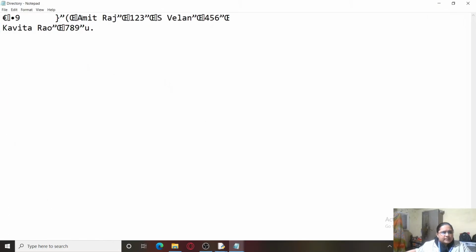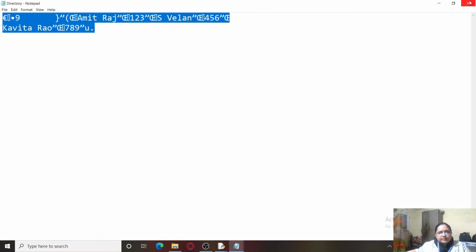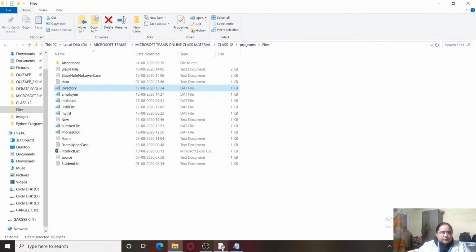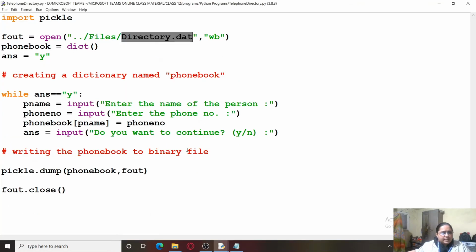Yes, so we can see, you can still make out Amit Raj, S. Velan, Kavita Rao. Values are there, and the phone numbers too, because they were also stored as strings. So you can figure out those values over here, but along with them, some additional garbled characters are also appearing. So this is where we have created a phone book, but now we also need to read the values